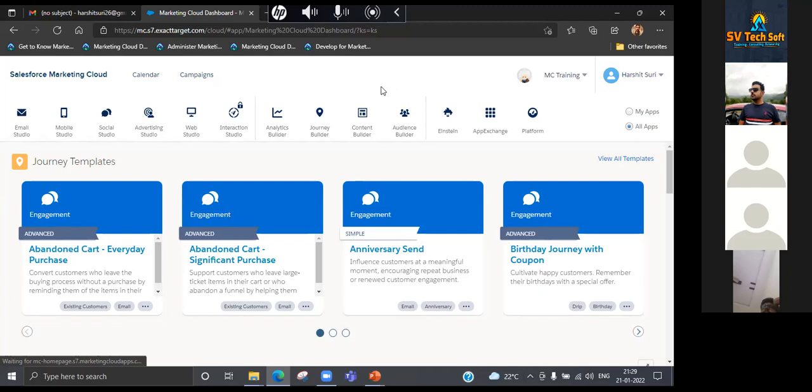Okay, so how many certifications do we have in Salesforce for this particular Marketing Cloud? So there are 4 certifications and I have done all of them, but it depends on which line you want to go. If you want to go for a developer line, you have Marketing Cloud Admin and Marketing Cloud Developer certifications, wherein admin is a prerequisite.